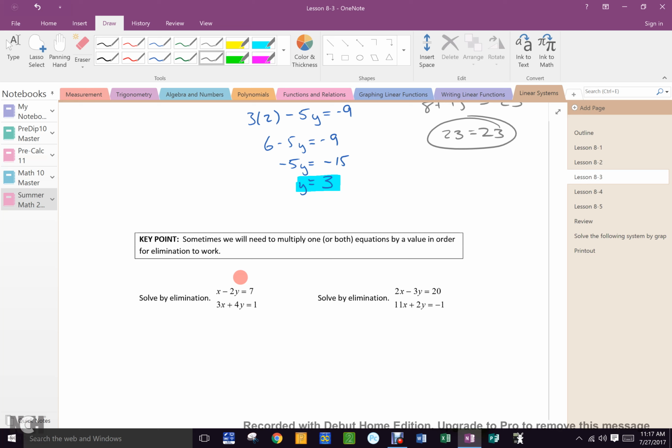I could multiply. Which equation would you multiply, David? I asked you which one you would multiply. Oh, I would multiply the first one. By what number? 3. David would like to multiply this top number by 3, which would give him what? 3x minus 6y, 21. Now, would he do addition or subtraction to eliminate that 3? Subtraction.